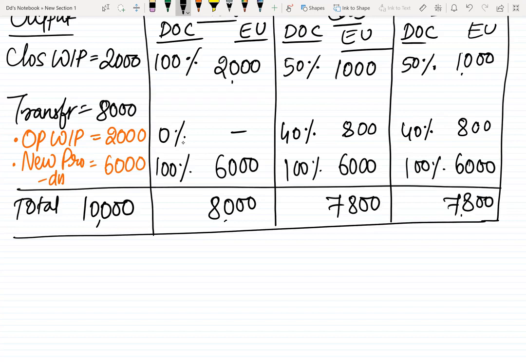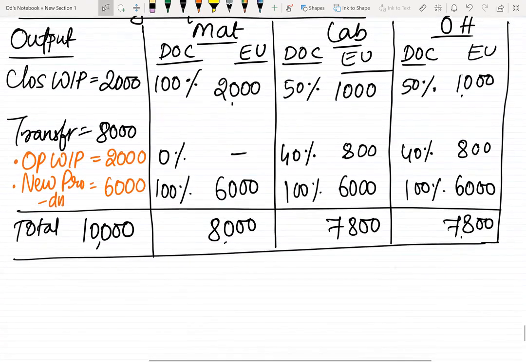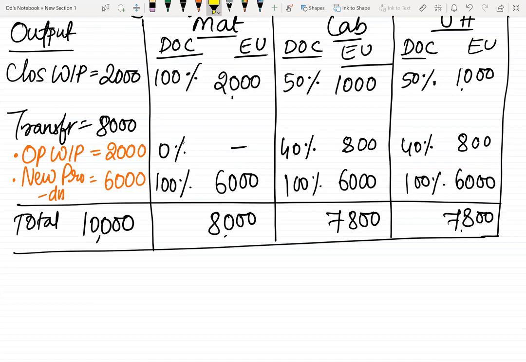Please copy now. I will wait. Please copy. This is the important part. Please mark it important. This bifurcation. You know, this question first line says work out under FIFO and average cost method. When I have to solve this problem under average cost method, this line will be worked out separately in a different way, not like the way I have done now. Yeah, that is why I said this is important. Please copy.